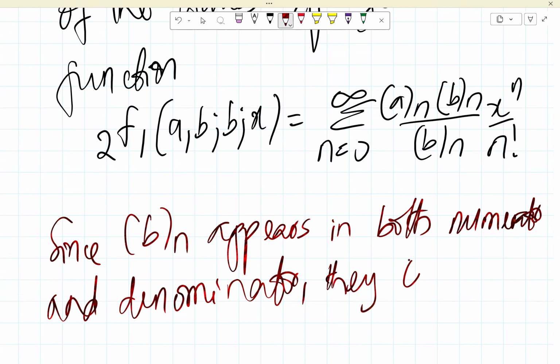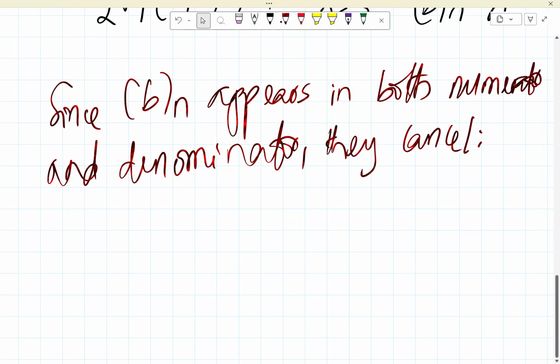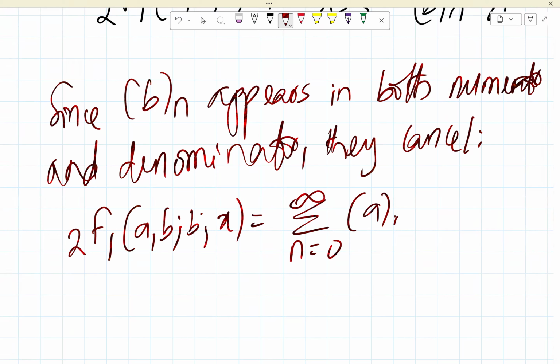Canceling means this and this will go because they are the same. So if we rewrite this expression, 2F1(a, b; b; x) will simply be the summation from n equals 0 to infinity of (a)_n x raised to n, all over n factorial. So with that in place now,